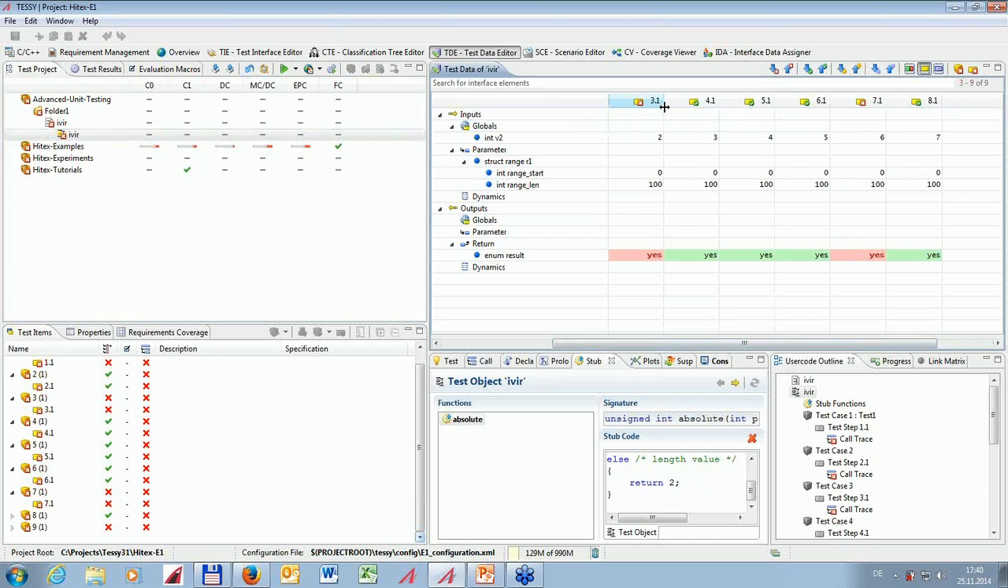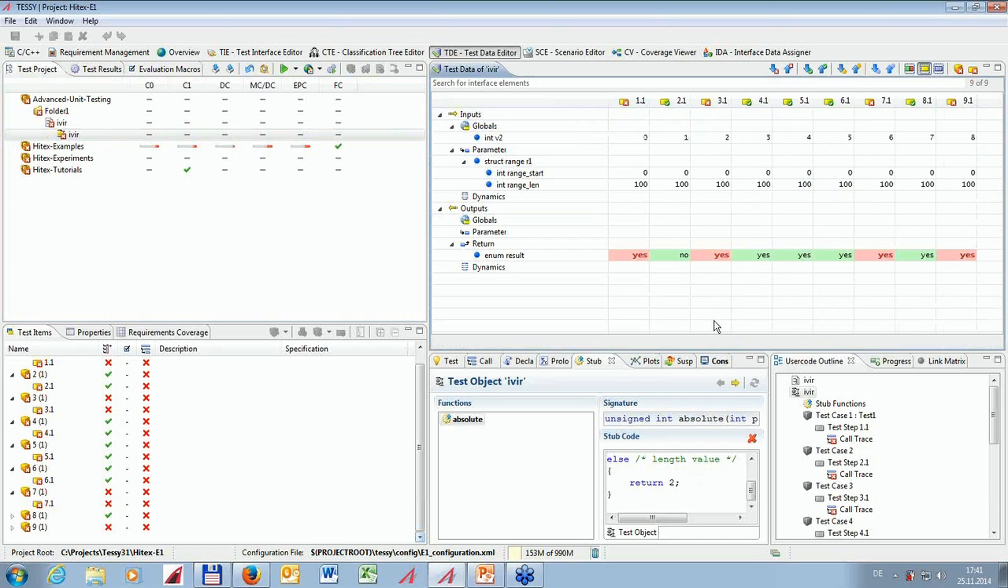I can make this a little bit bigger. So we have now only 3 test cases which pass, not 4, because we have reduced the length here. Okay,